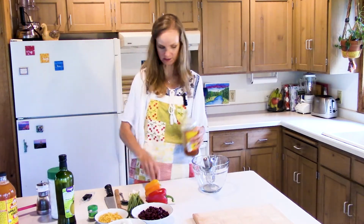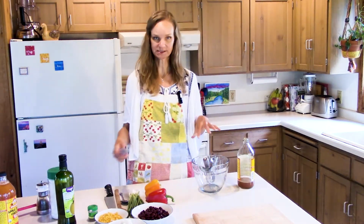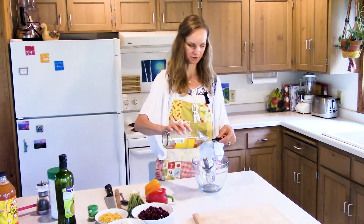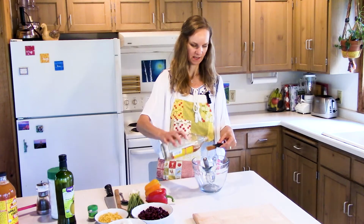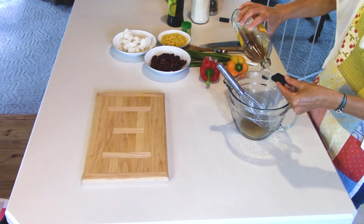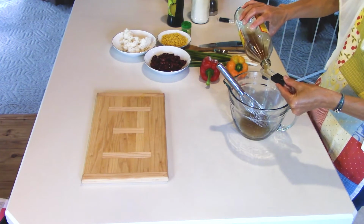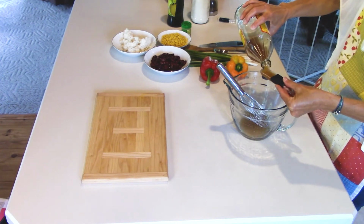The first thing I like to do is make my dressing, and I just make it right in my serving bowl. So I need 3 tablespoons of apple cider vinegar. And I use this stuff with the mother because it's supposed to be a little bit better for you, but